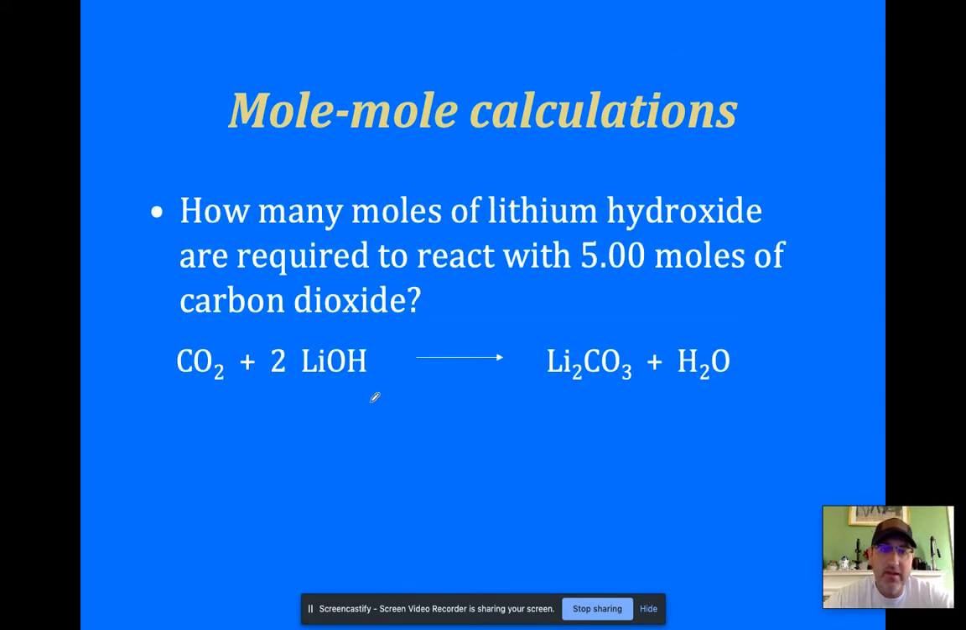Okay, so here's our first example problem. How many moles of lithium hydroxide are required to react with 5.00 moles of carbon dioxide? So we have 5.00 moles of this based on this balanced equation, and we want to know how many moles of this we are going to need. You can see that some of these mole ratios, for every 1 mole of this, you need 2 of these. So you need double the amount of this to react with this. But let's set it up correctly. So we have 5.00